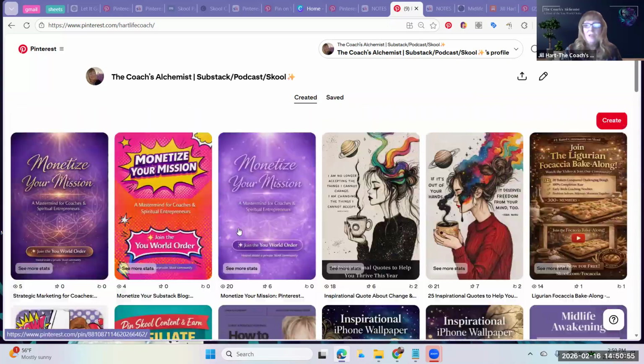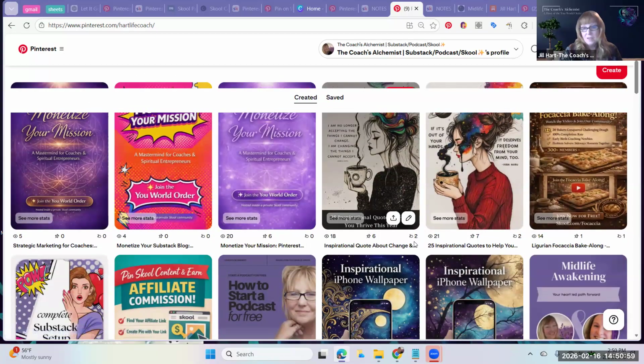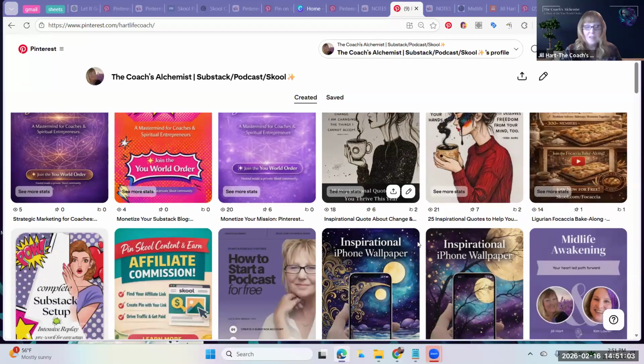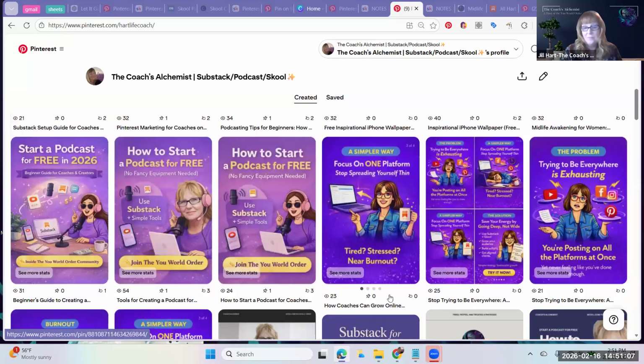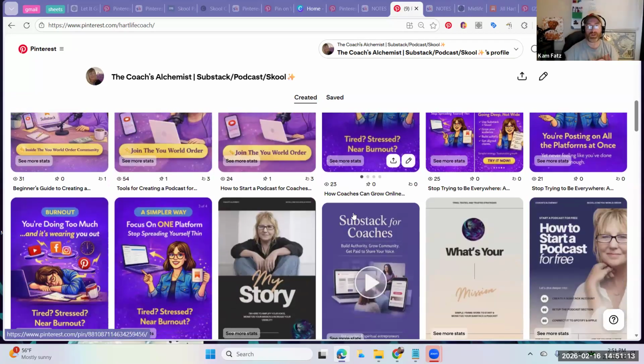Even though it doesn't look like a lot of clicks, it's these repins and these clicks that we're looking for, because that's where the money is.